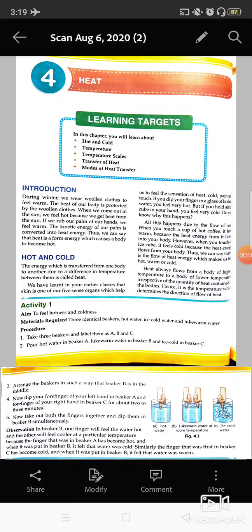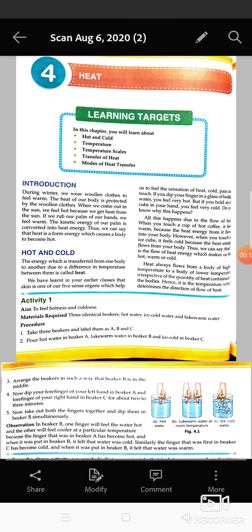Morning, class 7th. So from today I'm going to start your chapter number 4, which is heat. If you think about heat, then